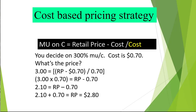might be. One of the most common ways to calculate a price is a formula method. One of the most common formulas for calculating price is markup on cost. And the equation for calculating that is the retail price minus the cost divided by the cost. The reason we say markup on cost is because cost goes in the denominator. If our formula pricing says that we're going to mark things up 300% on cost and our cost is 70 cents, we need to figure out what the retail price is. So we can do some algebra and figure out that the retail price should be $2.80, or we could